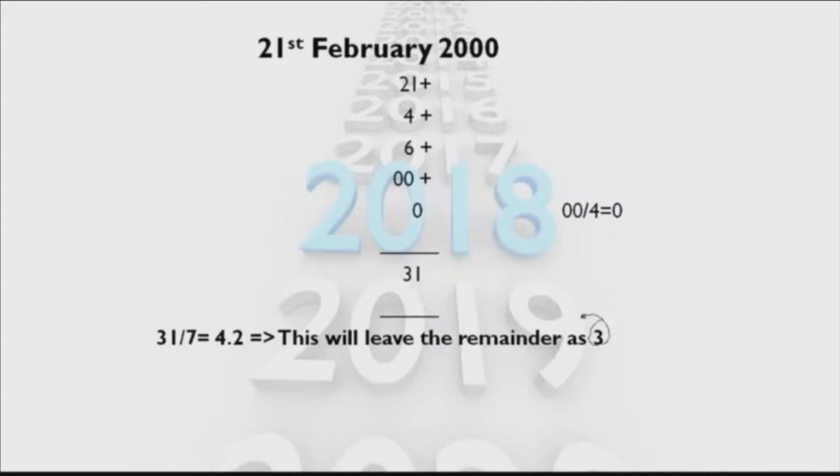So according to you, the answer will be Tuesday, but here the year given is a leap year and the month is February. So the condition applies here. So 3 minus 1, which is nothing but 2, and 2 stands for Monday. So those who have given me the answer to be Tuesday, do not forget to check this condition, that is the given year is a leap year and month is February. So you have the given final answer minus 1.